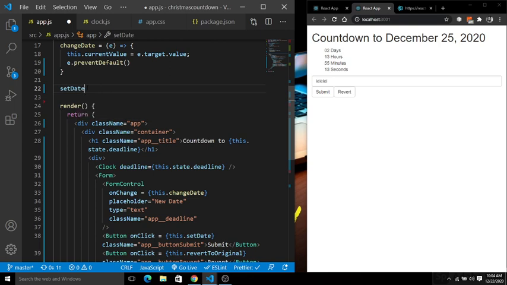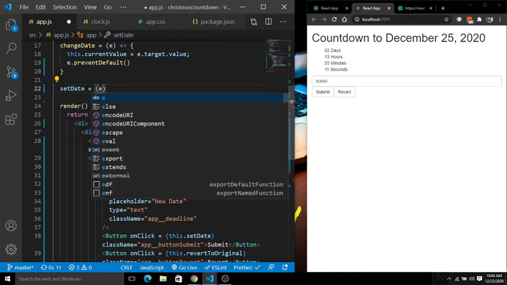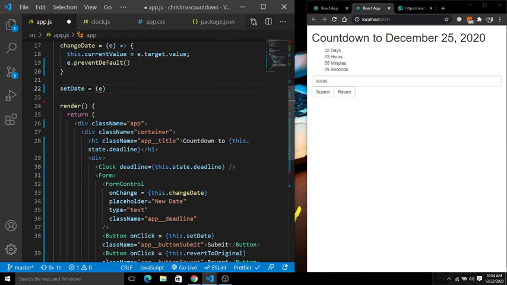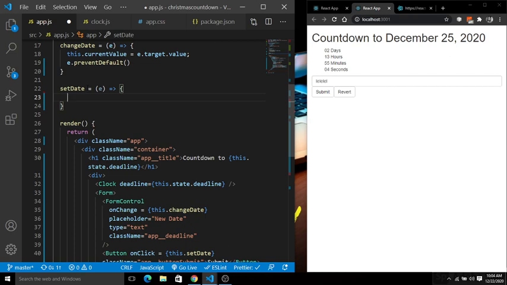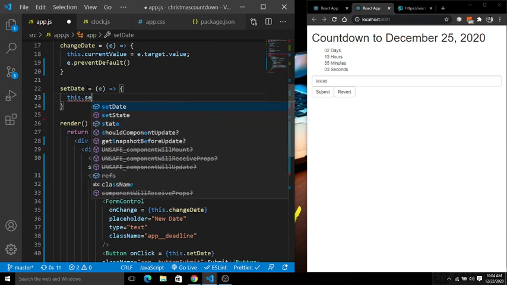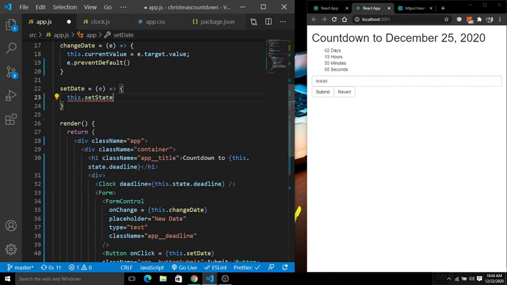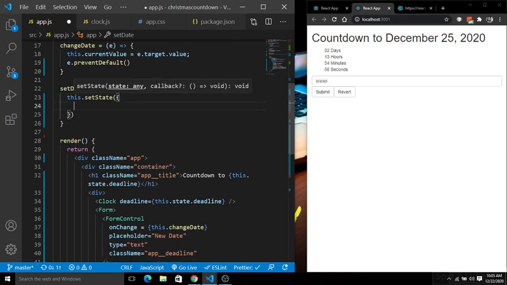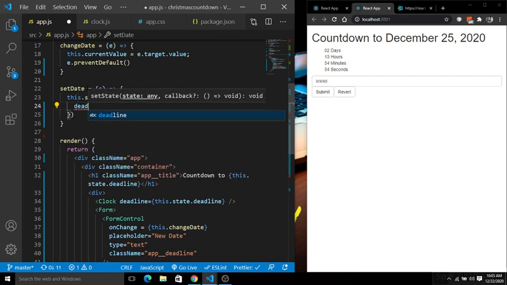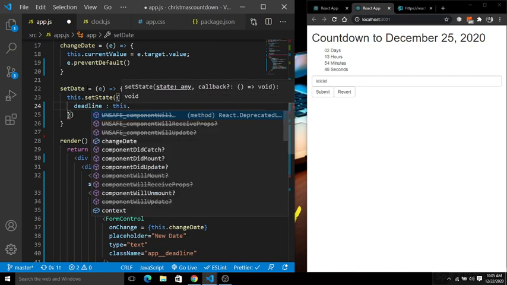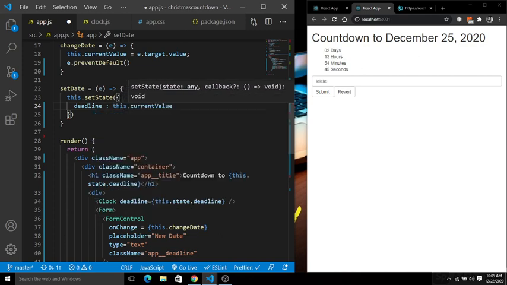Inside the function setDate, it also takes an event as an object. Next, inside the setDate, we have to set the state. So simply call this.setState, and inside this update the state here. The deadline will now be this.currentValue. Basically the current value is what the user types here.